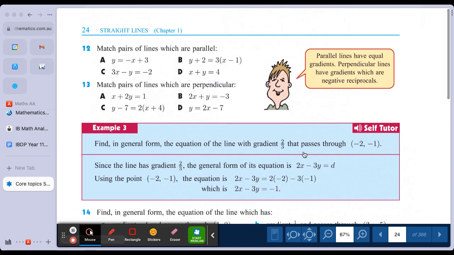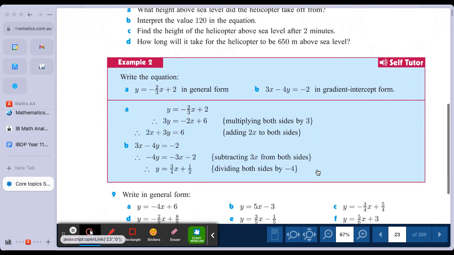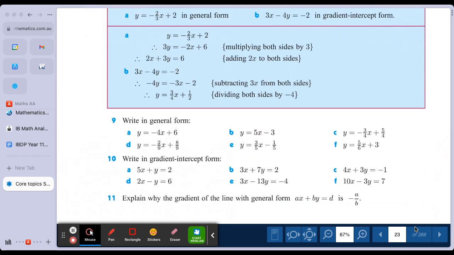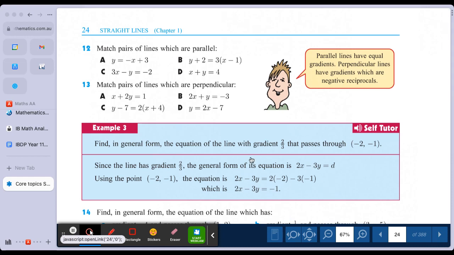What else? Oh, I didn't look at these questions up here. Was there an example beforehand I missed down the bottom? Nope. Might just do these question 12 and 13